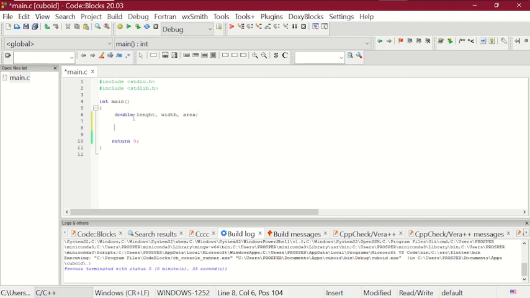So what do we have for our next line? Now we need to give instructions to the user. We need to print something on the user's screen. So we'll say printf, that is the print function. We open and close brackets and open and close quotation marks. So in that we'll say, enter the length